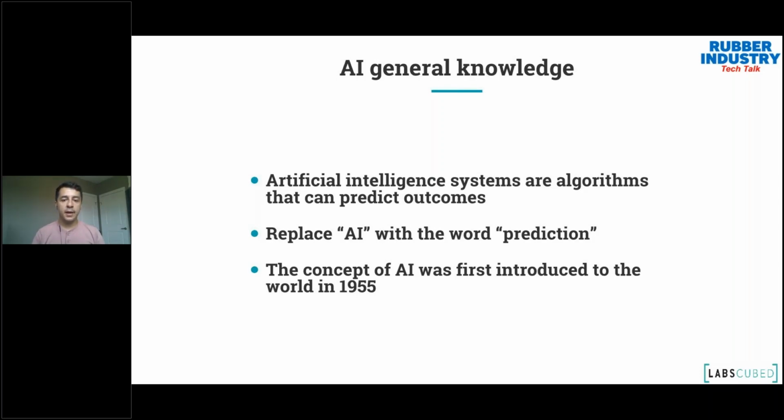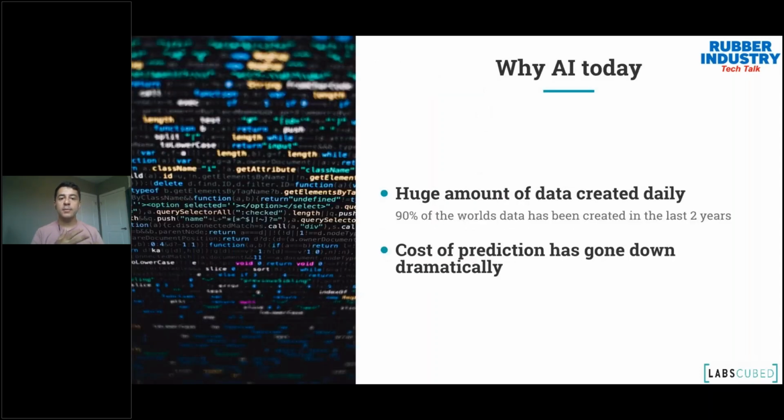The concept of AI was introduced a long time ago, back in the 1950s. So it really begs the question, why did it start in 1950 and only become so big today? And there's two reasons. Number one, today we have a huge amount of data that we're creating, clean data, good data that's actually digitized. A lot of you will know from your own experiences or from customers, a lot of data that they have that's historic is sitting in files, literally in folders, on shelves, or sitting as a scanned piece of paper or something, where it's really hard to digitize it and read it.